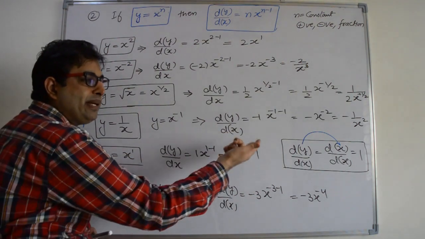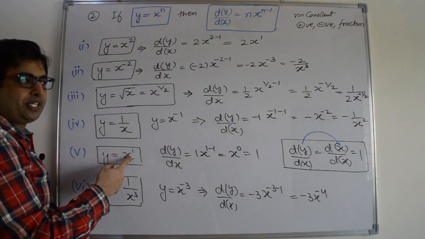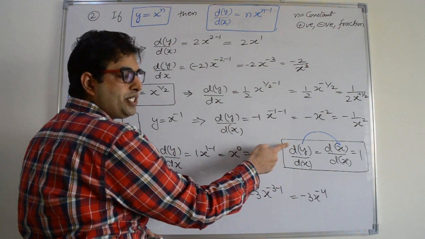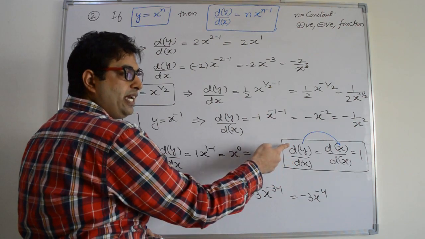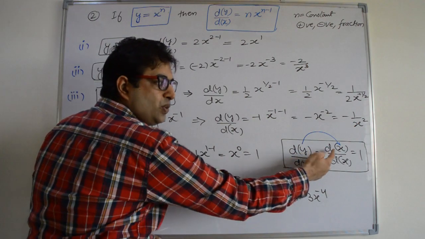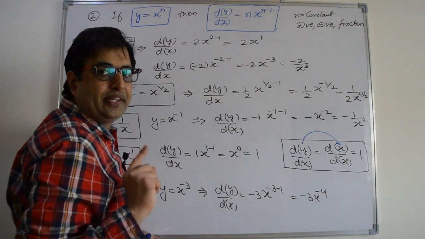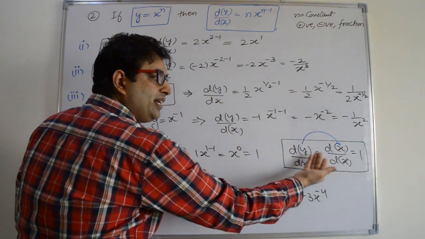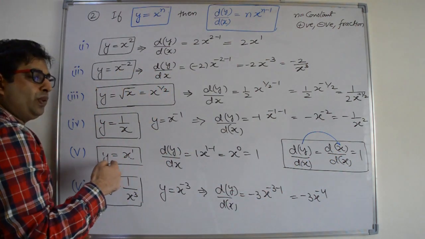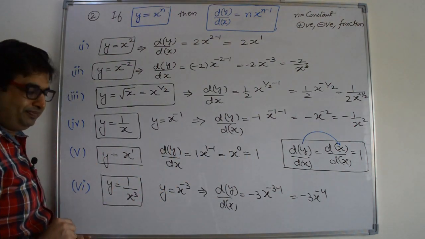We can use the second method also, because y and x both are equal. And what is differentiation? Differentiation is change in y divided by change in x. X and y both are equal, so change in both are equal. Y is equal to x, so dx by dx change is equal, so we will get 1, right? You can say it directly by using the concept of differentiation, or you can apply the formula. From both the ways you will get 1, right?